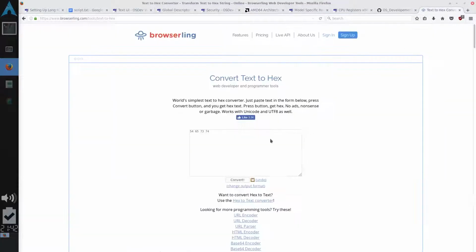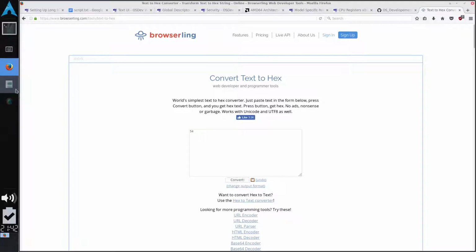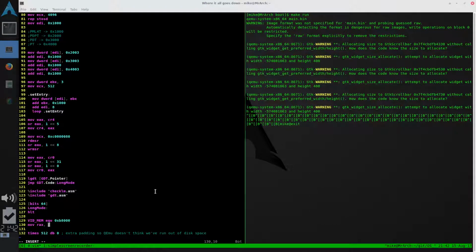So if we come over here, this is a hex converter. I guess I'll put that in the description or something. But if we want to print a T or something, the hex for T is 54. So if we just say 54, that's not going to work, because now we're in what's called VGA mode, which